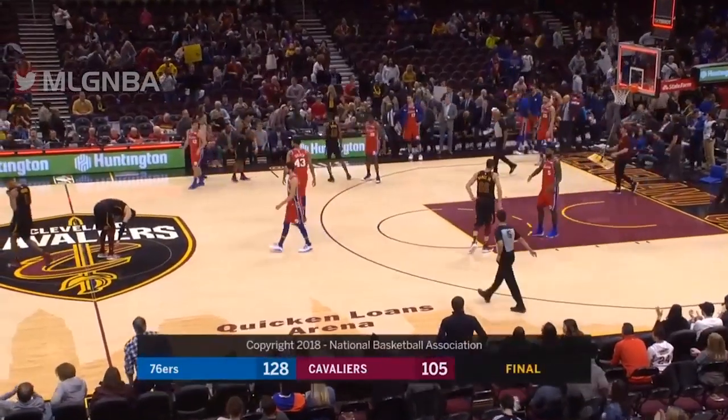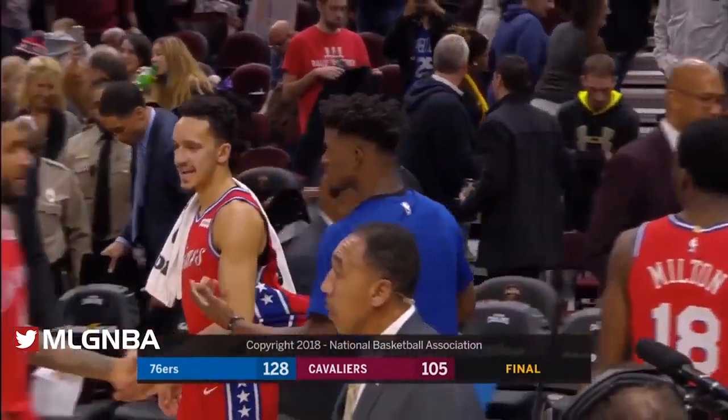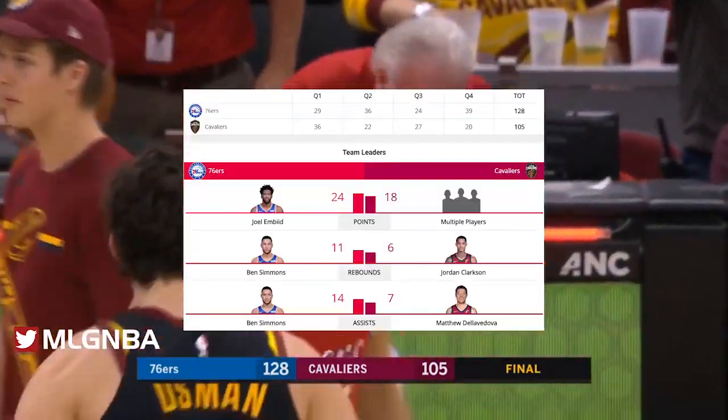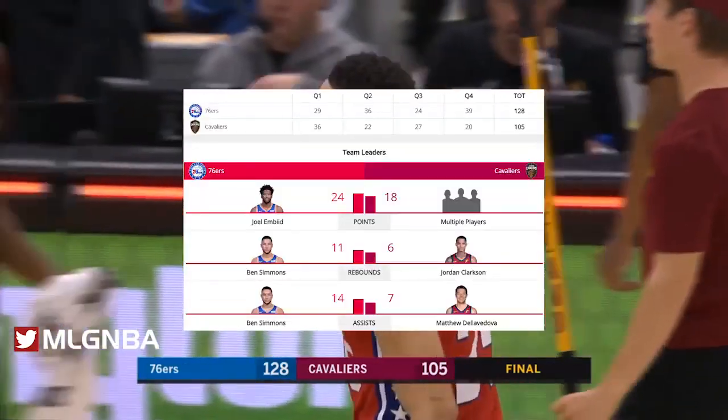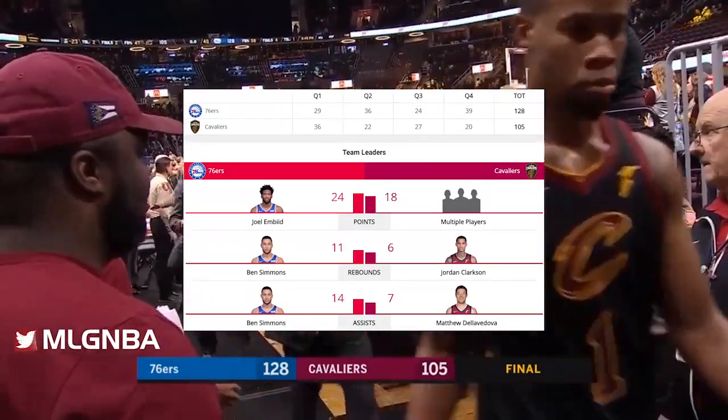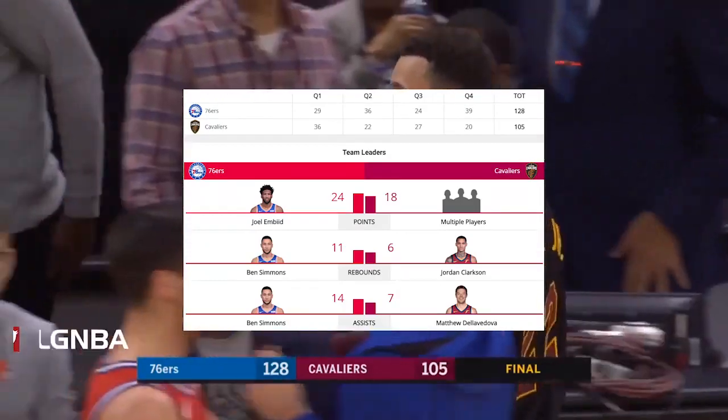Final score, the 76ers win going away 128-105 as they even the season series with the Cavaliers at 1 apiece, as both road teams have picked up the win so far. And again, we'll meet them one more time in Philadelphia. Yeah, right. The Cavs had a good opportunity there, but in that 3rd quarter, the Sixers turned up their